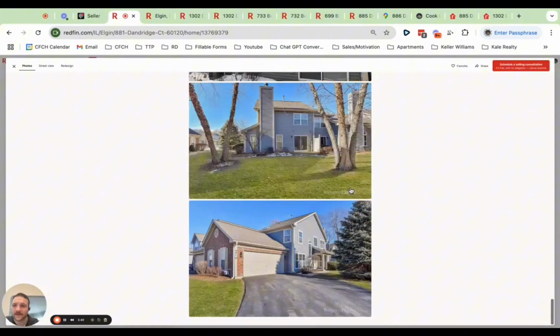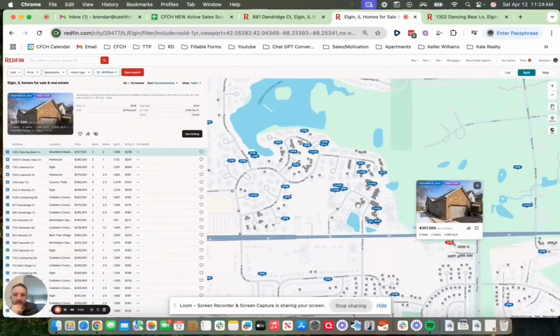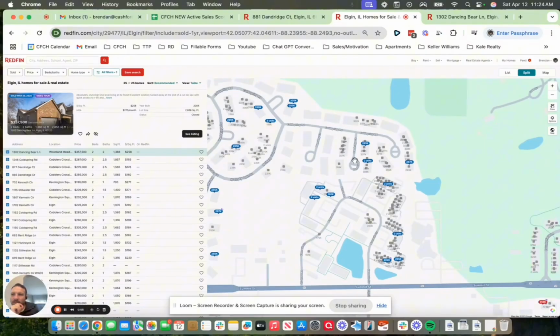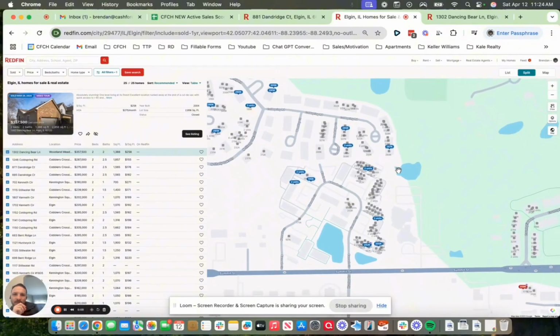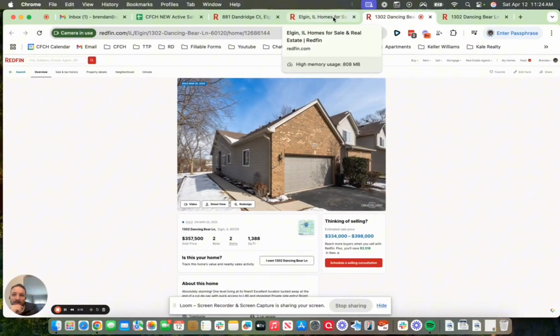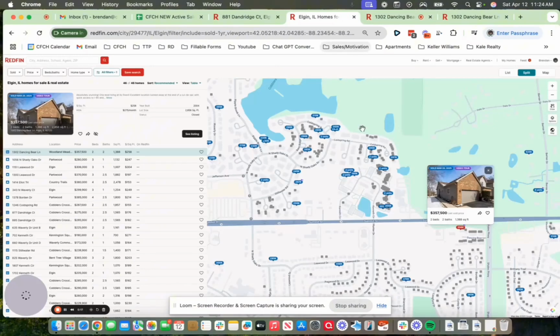So that's something that we need to figure out. So in terms of an ARV, you're looking at like 285 to 290 as-is value. And then you have one comp that seems to be significantly nicer, this one over on Dancing Bear that has 1388 square feet. I need to dig into that a bit more, but just based on what I'm seeing, let's look at this.